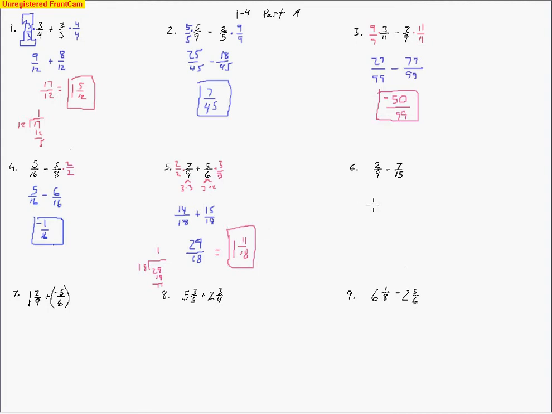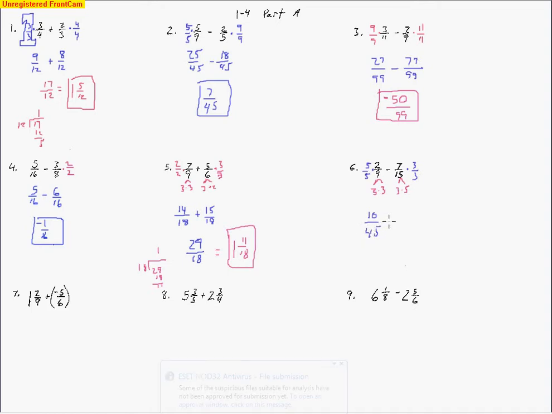And looking at the next one, same sort of thing. You see how 9 has a factor of 3. 15 does as well. So that's why I don't want to multiply each of the fractions by the other's denominator, because the denominator would be bigger than it needs to be. See, the 9 only needs the 5, so that's what I'm going to multiply by, the 5/5. The 15 needs that 3, so I'll multiply by 3/3, and I'm left with